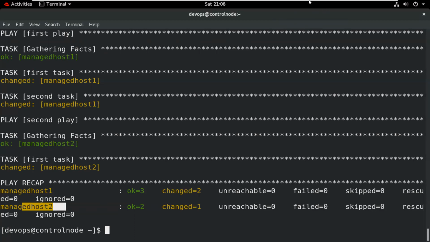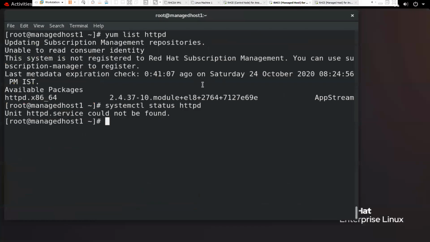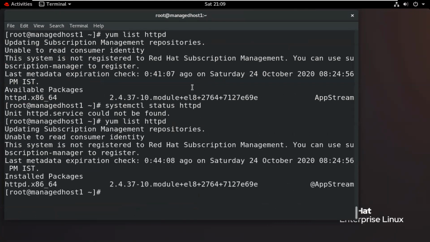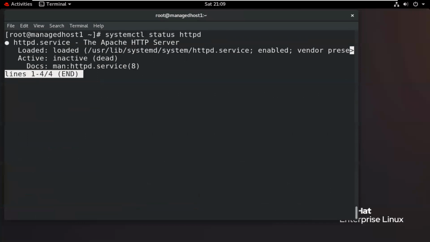So I will check this. Now check here. It means this is installed. Earlier I showed you it was only available, and at this time it is installed. I want to check the status also.